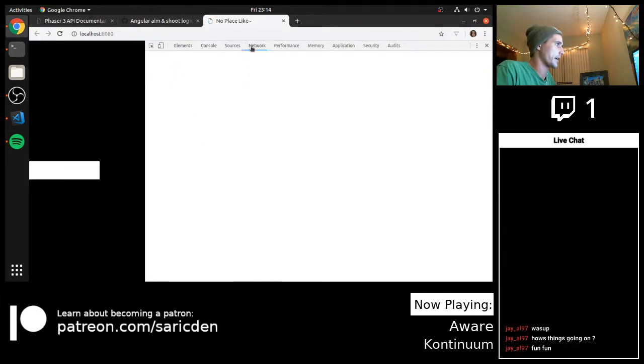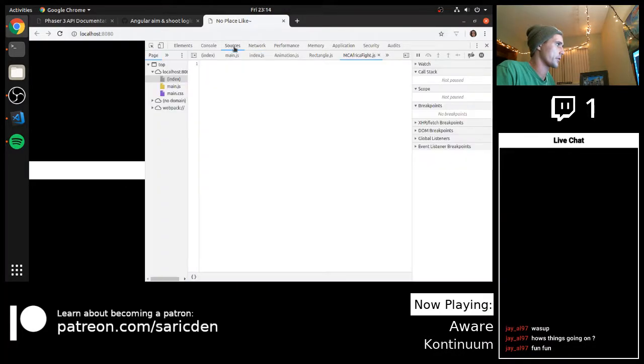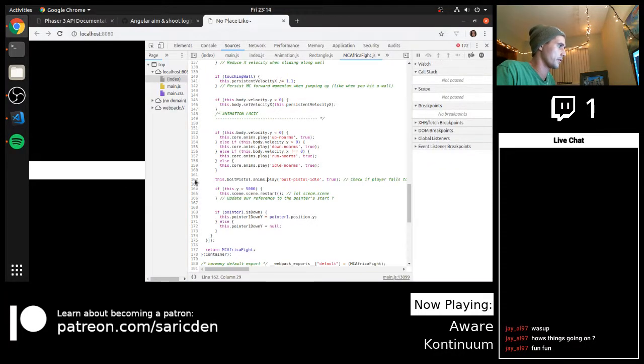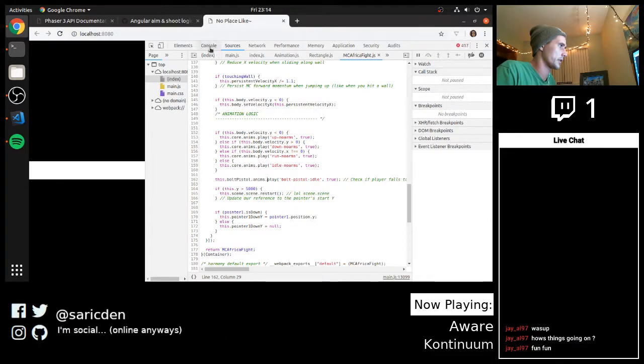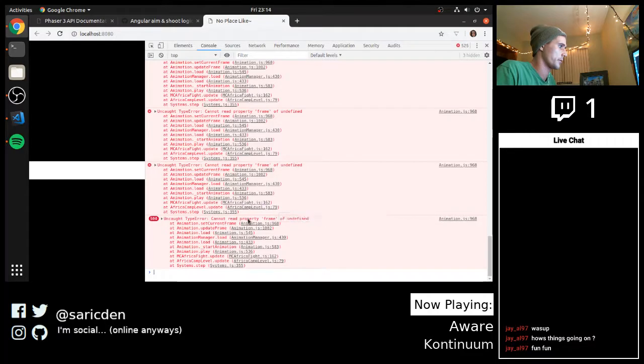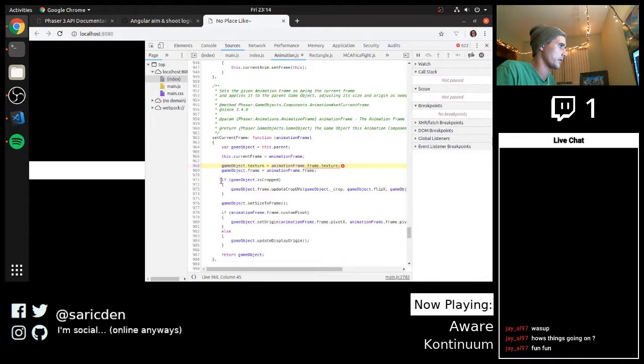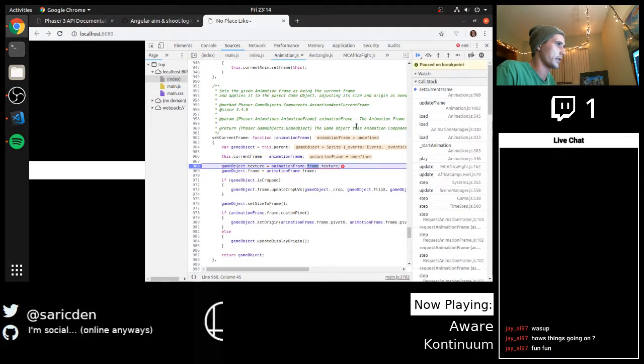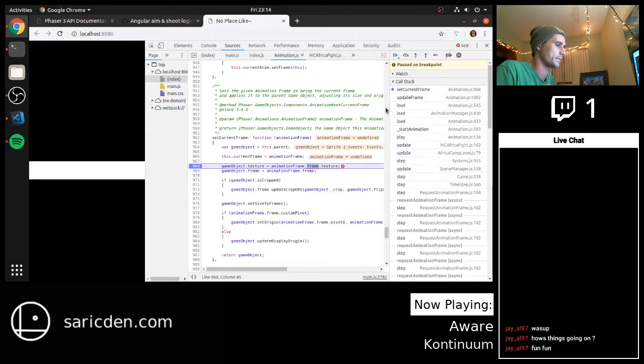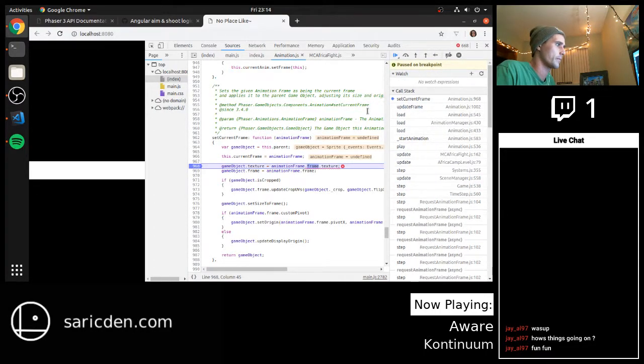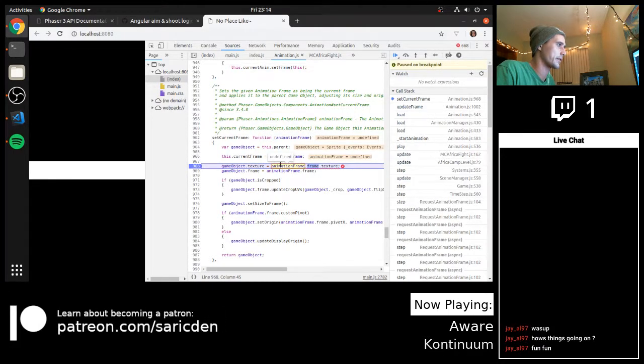Bring that error back, and then in our sources, back here, animation, pause there again. So yeah, it is the texture that it's not able to find, but it's the animation frame that's undefined, which